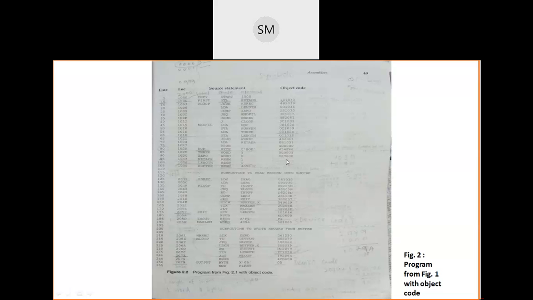From here to here, there is no object code. Remember, there is no object code here. This memory is used by loaders for some other purpose. You started at 2039, and you will stop, I think, in line number 170.